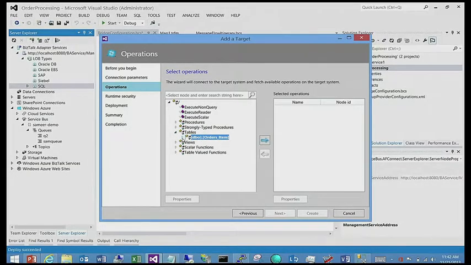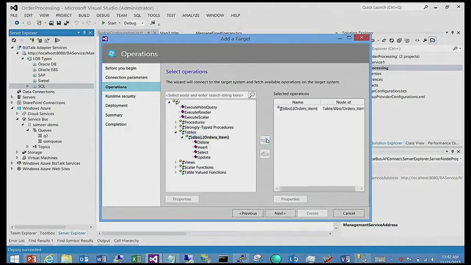So you can select the artifact that you want. In our case, let's say, the orders table. So you can select just the orders table to say that I will support all the operations in the orders table, like insert, delete, select, and update. Or you could selectively choose one of the operations, right? So once you select this,